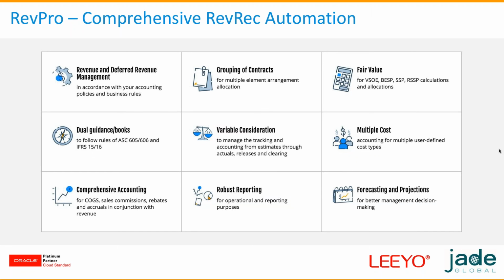The second one is the grouping of contracts. What is the definition of the contract within RevPro? How do I group these transaction lines coming in from different purchase orders or different sales orders to form a grouping contract and apply all your rules onto that specific deal or revenue contract? So this is again configurable. You can choose your own data points depending on your business case and group them into a single deal